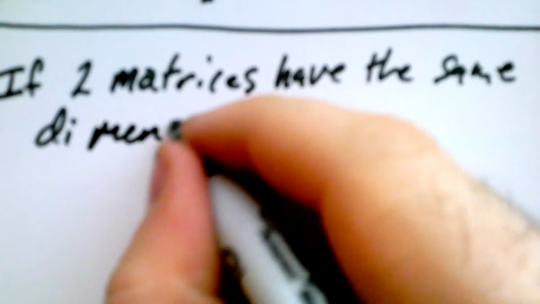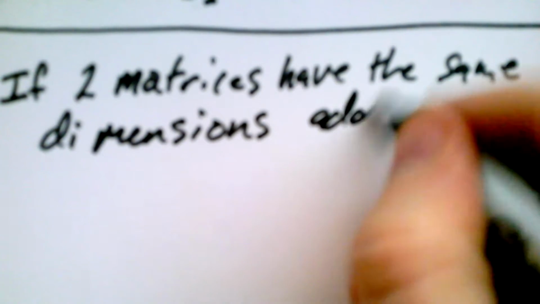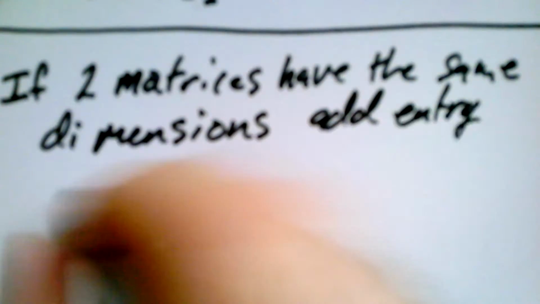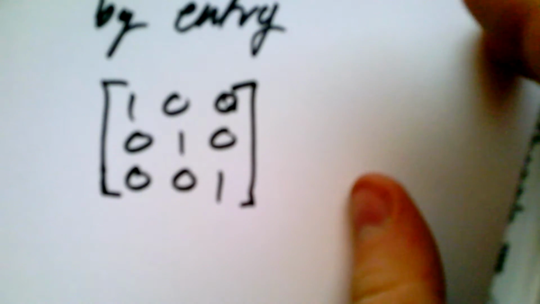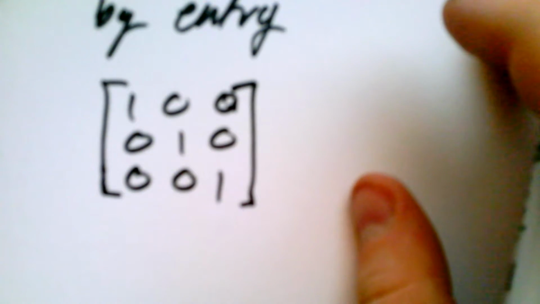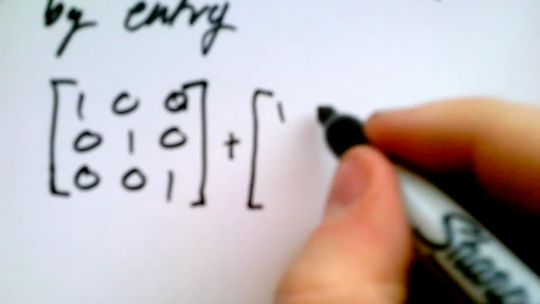And what I mean by that is, let's say that we have this is our matrix here. This one is in reduced row echelon form. This is also called the identity matrix for reasons that we'll get to later. But if I have this 3 by 3 matrix and I'm adding this other 3 by 3 matrix,